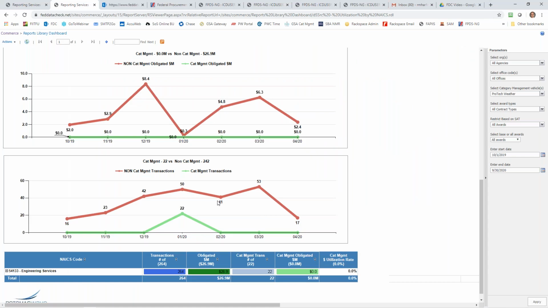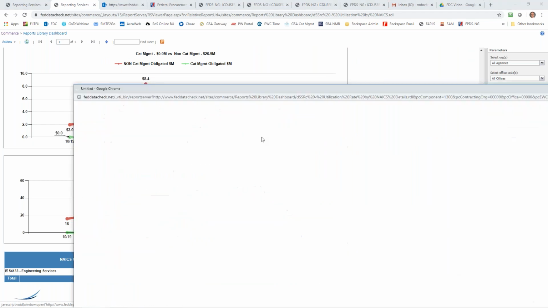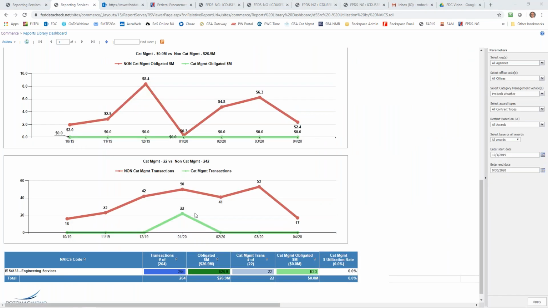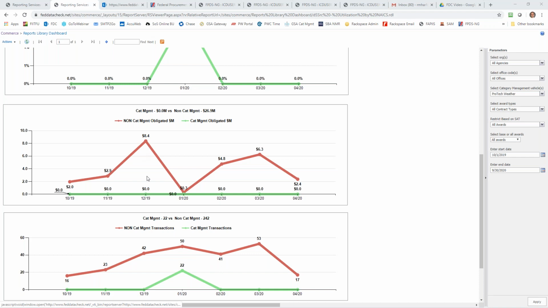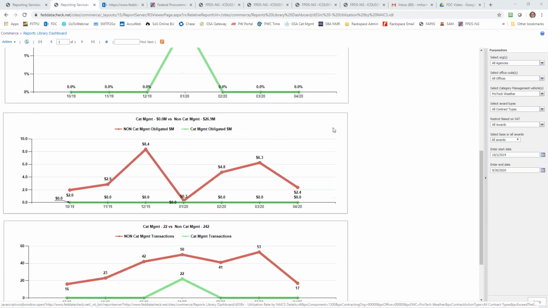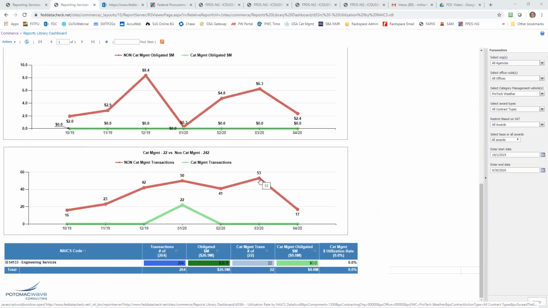If you leave these up too long, oh, there you go. You saw what I did there. Anytime you see one of these graphics in FedDataCheck, they're hot. So you can see, okay, I've got 41 transactions that we think could have gone through this ProTech Weather program.